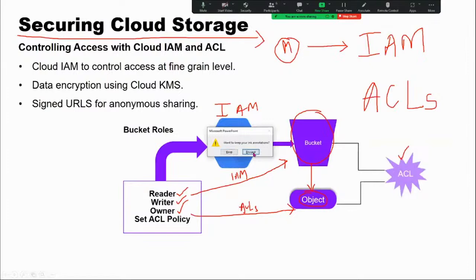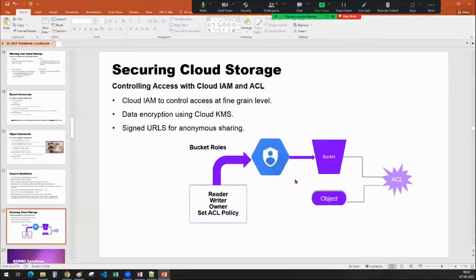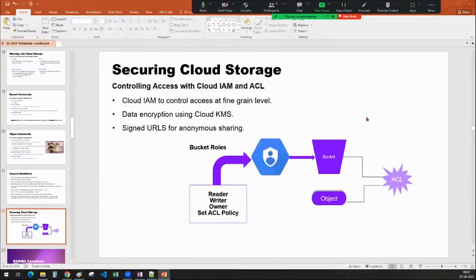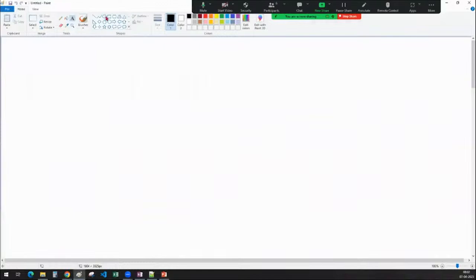So I want us to understand now. We now know what is Google Cloud Storage, and we got some idea about the data lake and all, right? So let me tell you how to create an account today. We have time. Of course, one file can be stored in different buckets. Yes, we can store it. So if you have one file you want to store in multiple buckets, that can be stored. And also, I just want you to understand how in the companies they are using it. I will tell you. So this is a requirement.